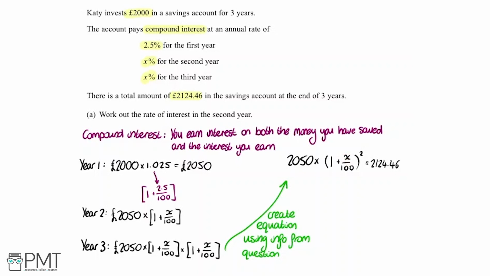So I'm going to start by dividing both sides by 2,050, which is going to leave us with 1 plus X over 100 squared. And using the calculator, we get that this is going to be 1.0363... But I'm going to leave the full long number stored in the calculator so we can keep on using it. I'm then going to square root both sides. So on the left hand side, I'm left with 1 plus X over 100 equals the square root of 1.0363... So I'm going to put that into the calculator, and we get that is